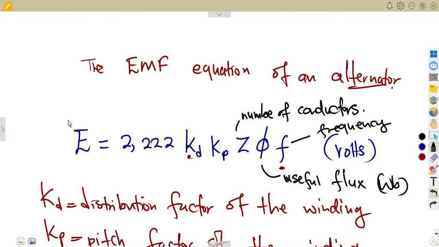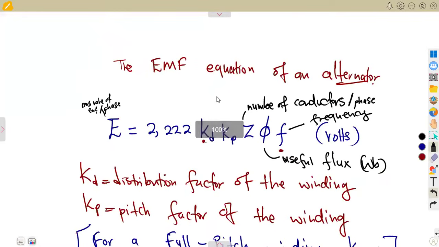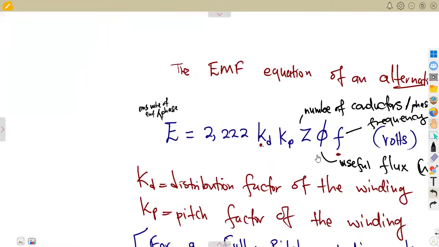This is per phase. So you're talking about the RMS value of EMF per phase, per each phase. The same as the number of conductors, they are taken per phase, per each phase. Remember AC, we have got single phase, 3 phase. So that's why we represent or talk about this. So it follows that given, let's say,